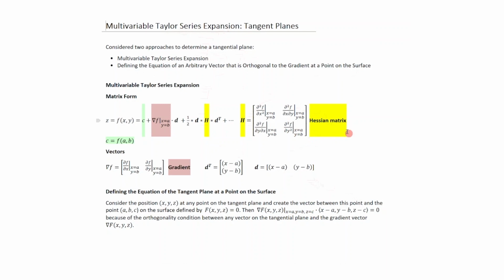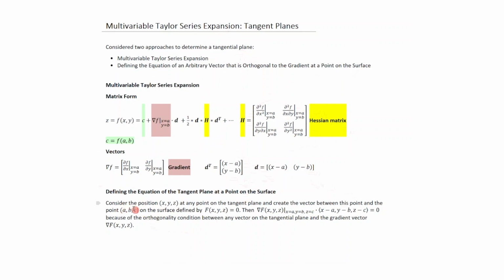Of course, we did not have time to do that in this course because we have something called a reading week now. All right, the gradient f is basically what we're calculating. The d transpose, where you're taking this row vector and making it a column vector, would look like this. The other approach was to find the equation of the tangent plane at a point on the surface,